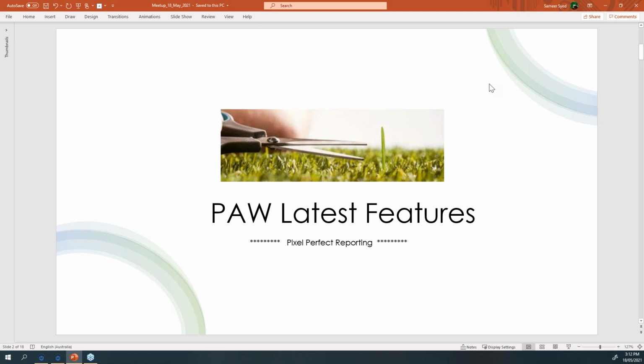But with the latest release of PAW, I'll be going through version 63, which is the latest we have in the market. I think you'll be amazed to see some of the look and feel. When I say pixel perfect reporting, I mean the length and width of an image, the positioning, the angle. You'll also see the color palettes, which have been due for a very long time. Initially we used to have a set number of colors. Now you can have any color you want. So you'll see a lot of things I'll be going through in today's session.